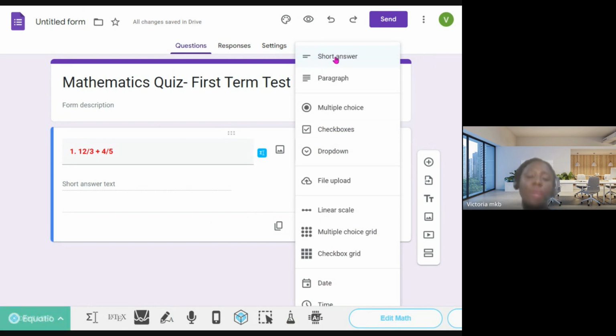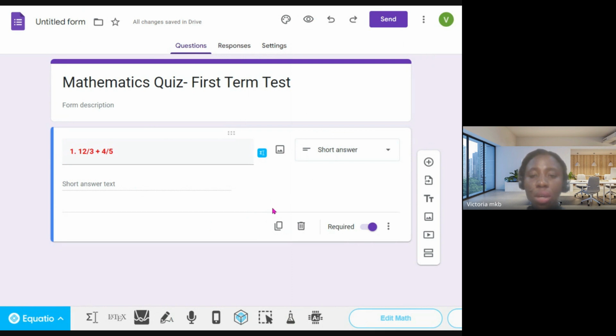So yes, you have different question types that you can ask your students. You have the short answer question, and for every question you ask, you have to